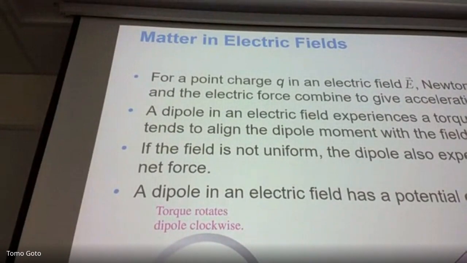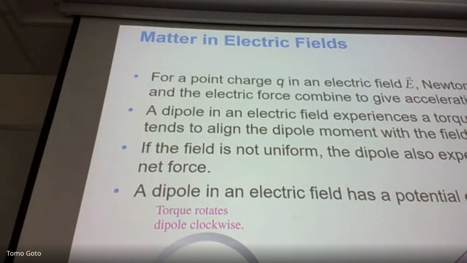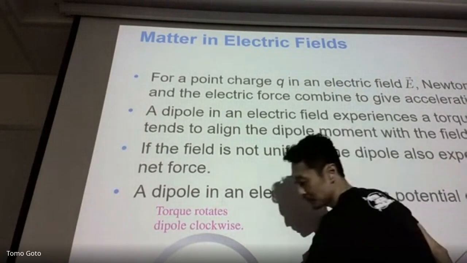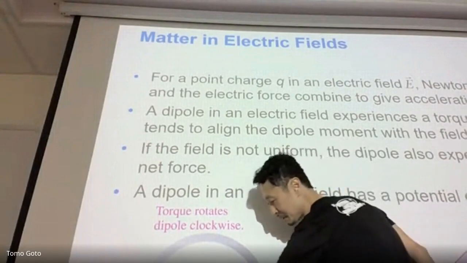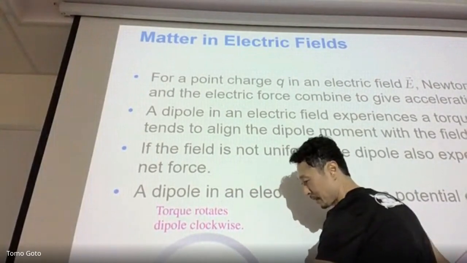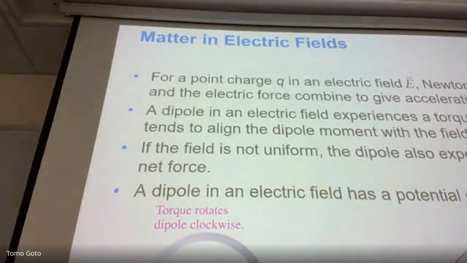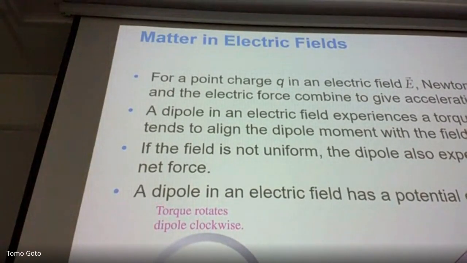If the matter has charge, something like this dipole, and then in an electric field, say in this direction, it feels a force, right? In this example, with plus and minus, the force is this way. So plus is going to go this way, minus is going to go this way. So this is going to try to rotate, aligning with E. That's a force to rotate this. It's called torque, and you can calculate it as P cross E.